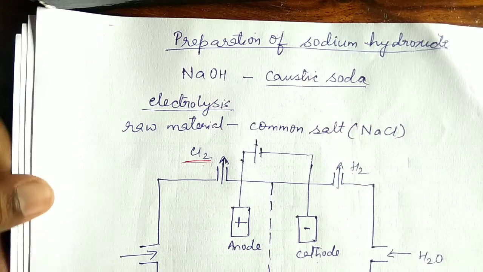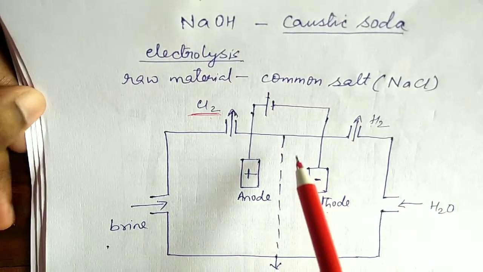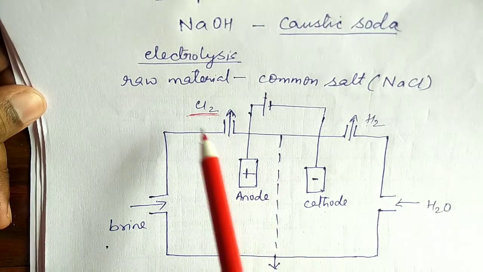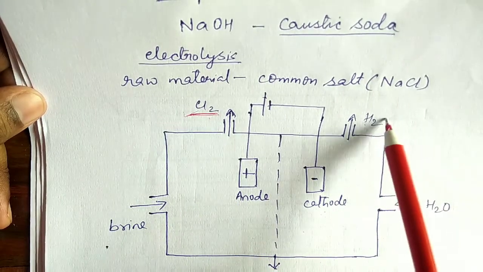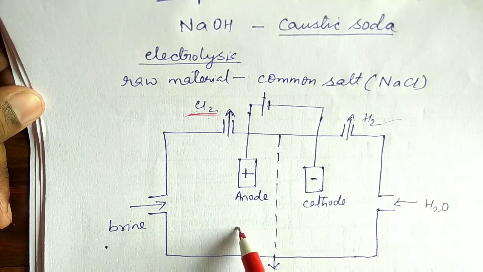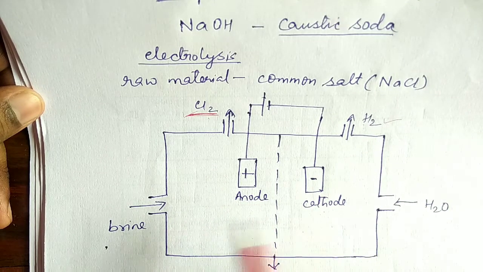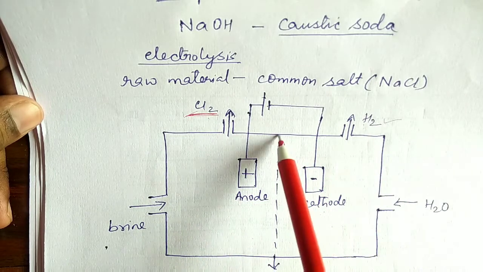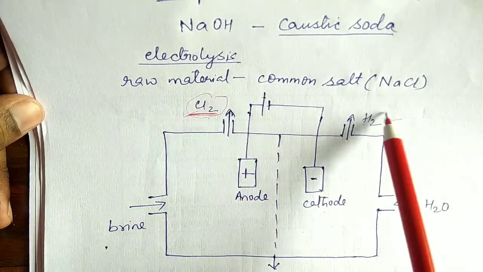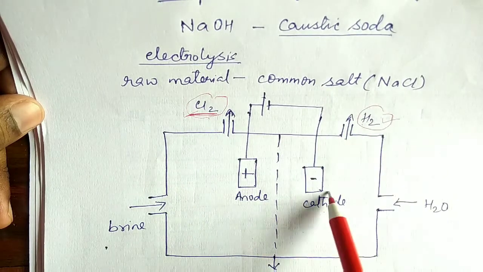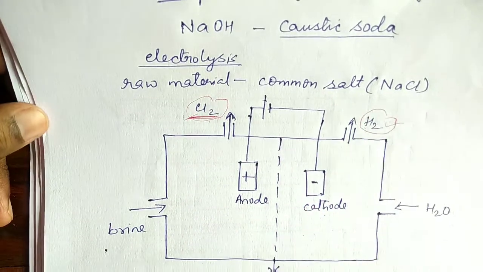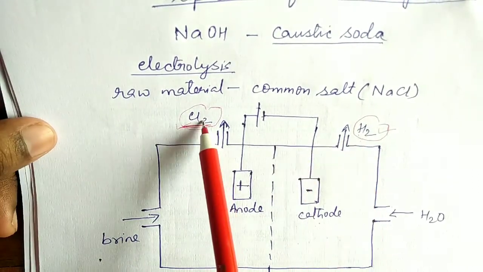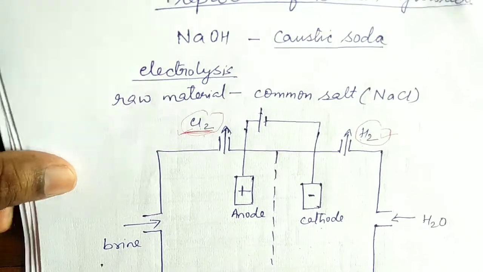So we have got two different chambers. Now this question must come to your mind: why did we have two different chambers? The purpose was that we get pure chlorine and pure hydrogen. Otherwise, if the reaction is carried out in a single chamber, then a reaction can take place between the chlorine and hydrogen formed. So to get a pure form of chlorine and a pure form of hydrogen, the reaction was taking place in different chambers. Now coming back to the main product, hydrogen gas and chlorine gas are the byproducts of the reaction.